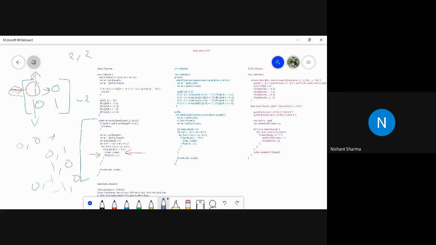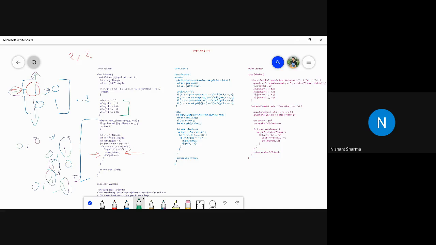These are the 4 positions I need to check. To check these 4 positions, I will be either incrementing or decrementing the row, or incrementing or decrementing the column. This logic can be written using these 4 conditions in the recursion itself using the DFS logic. I believe this is clear.